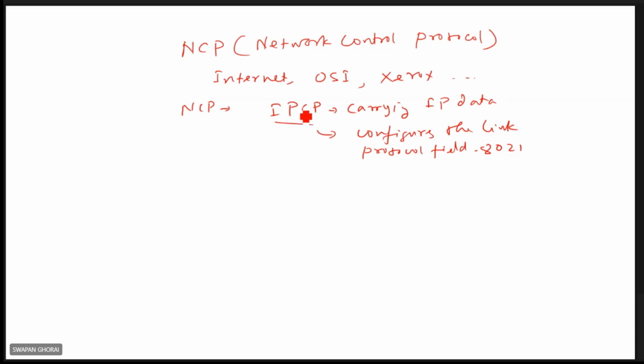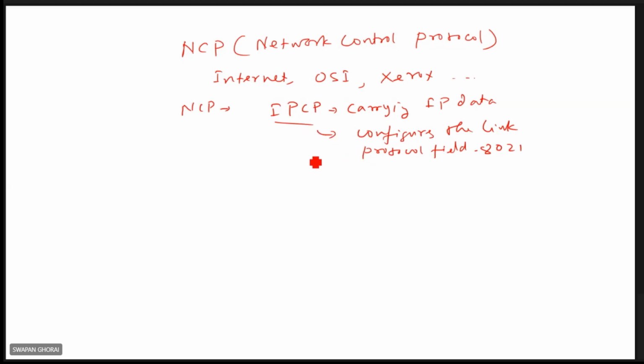We'll see the internet protocols, this is for internet, TCP/IP, IPCP. At the end of this course, we'll see the network protocol architectures and the different protocols at different layers. Just like in the data link layer, we have seen Go-Back-N ARQ, sliding window flow control. Similarly, in the network and transport layers there are different protocols.